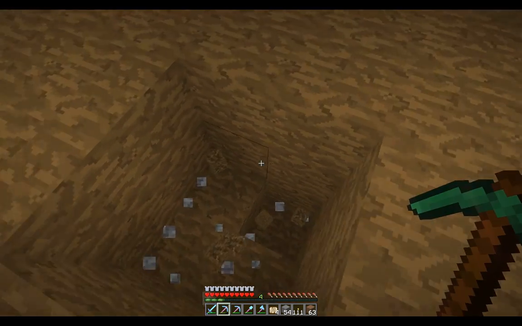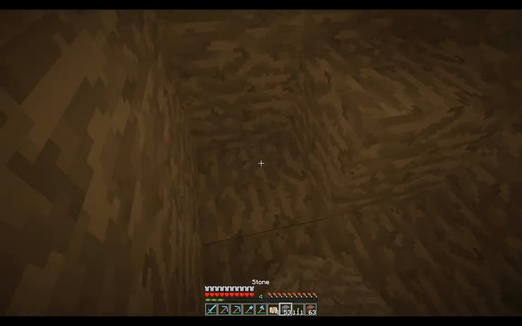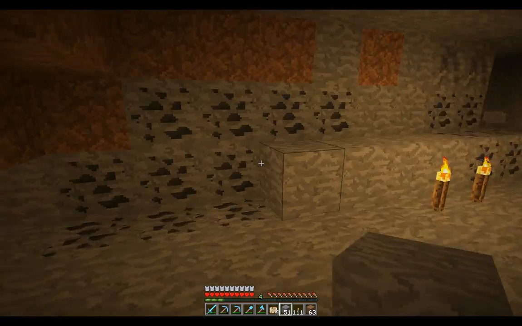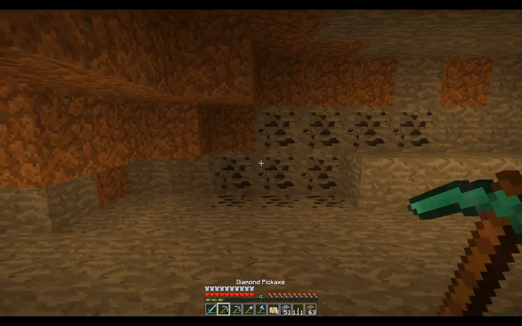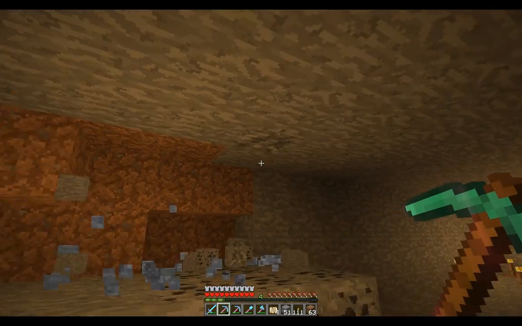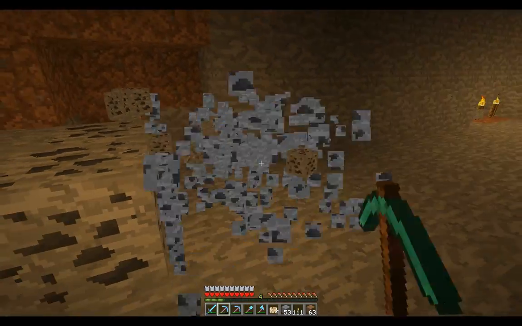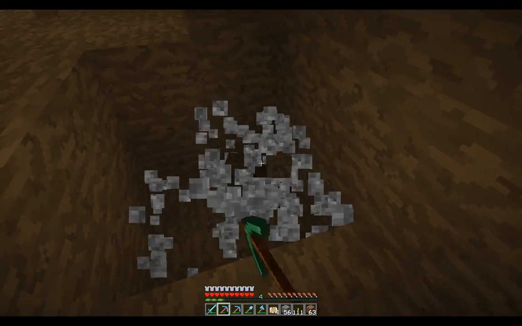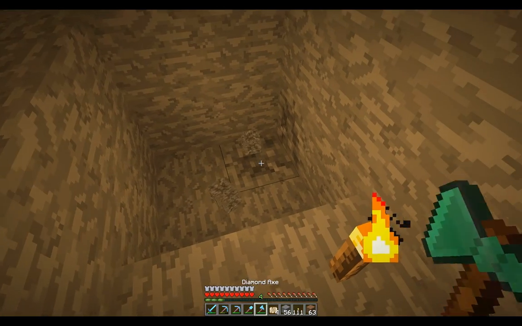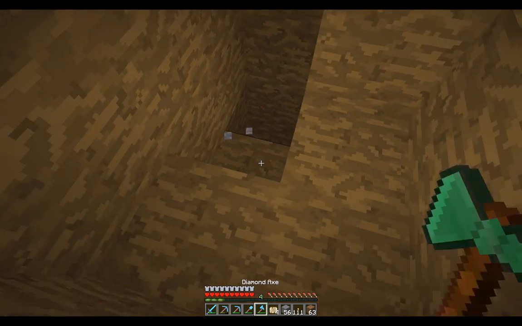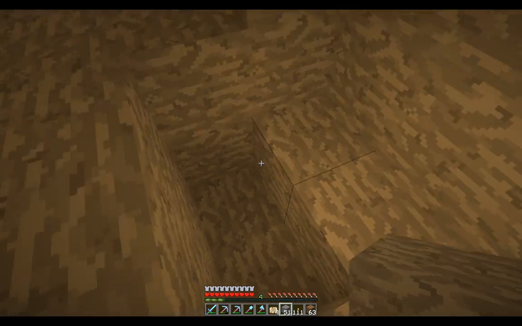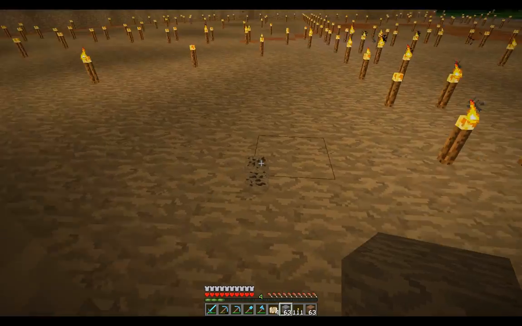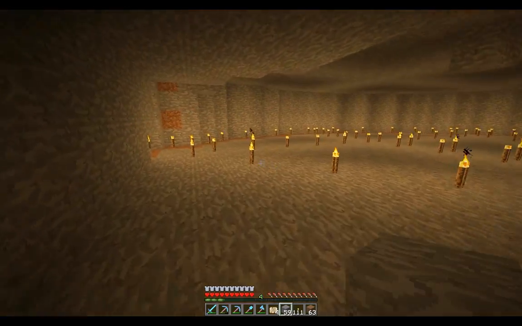Oh, there's 8 there. So even though the analyzer didn't get too much out of it, it's easy to mine, and if you just strip mine below 62, you will get loads of fossils. And this is where the coal started as well. See, we've got some more fossils there, and here we go. Oh, nope. So I keep finding fossils. I think was that it? So let's go. Ooh, yes, yes, yes. We like this. Just make sure we got another 2 there. Ooh, love it. So I'm just filling that back in because we are going to go deeper again, but not today. So I'm just going to fill this back in, collect all these fossils, and then what I'll do is show you what we've got so far, because I want to show you I've been busy